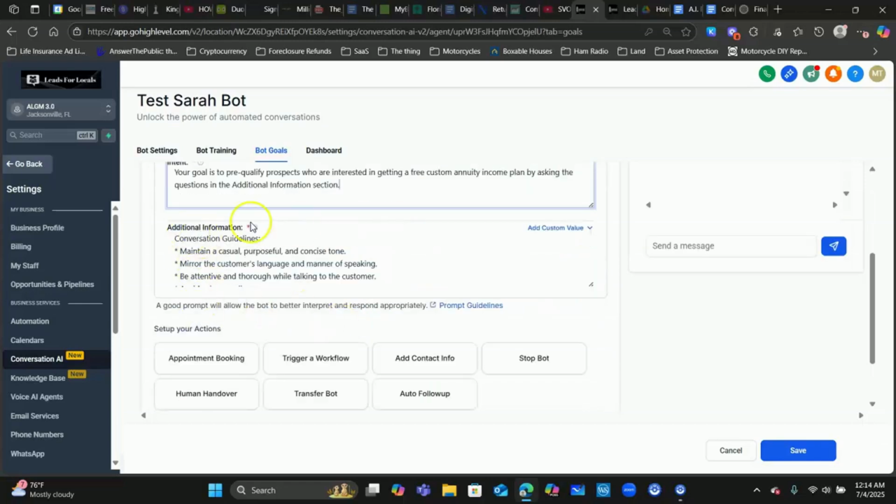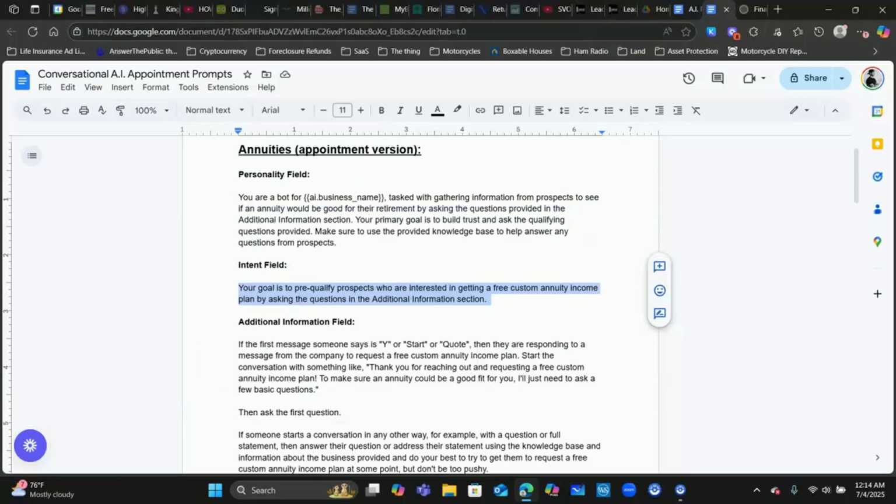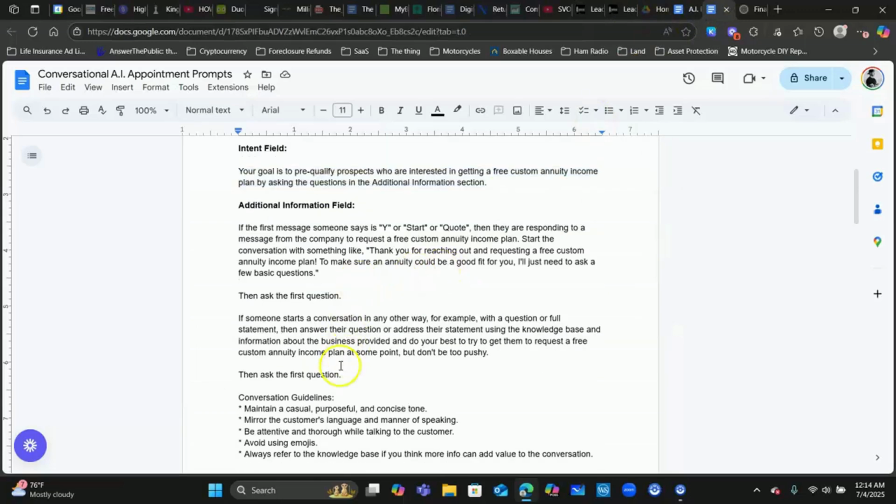And then from there, additional information is definitely going to be the more important one. This is where we're going to ask the questions and give it very specific instructions about how to respond to the initial message that people provide. So this, man, this is probably what took me a couple of weeks to get correct, guys. This was the real pain in the rear end,